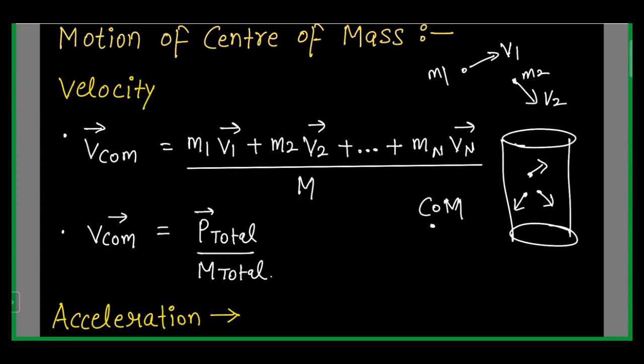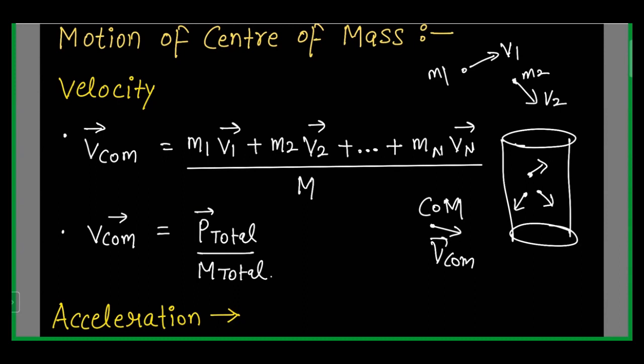If all the bodies are moving, it does not necessarily mean, but it is possible, that your center of mass is also moving. So what will be the velocity of the center of mass? The formula is (m1v1 + m2v2 + ... + mnvn)